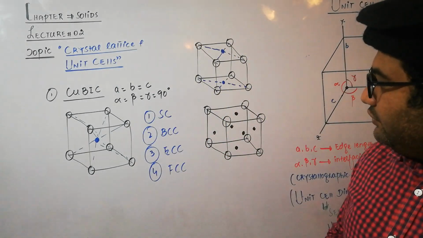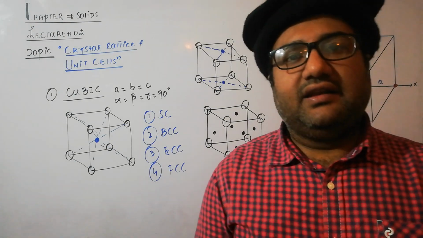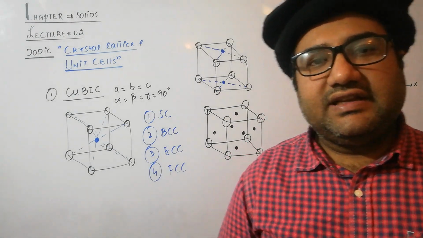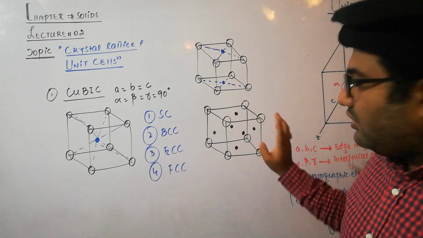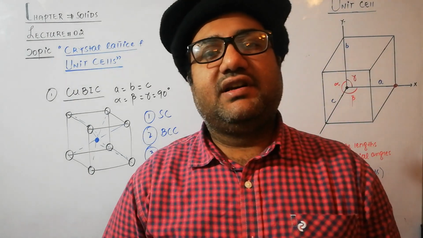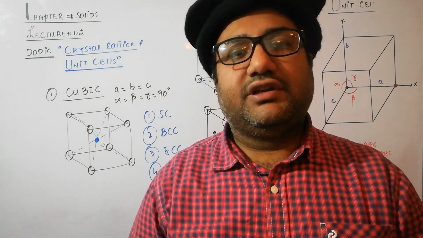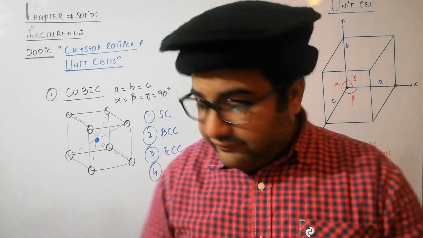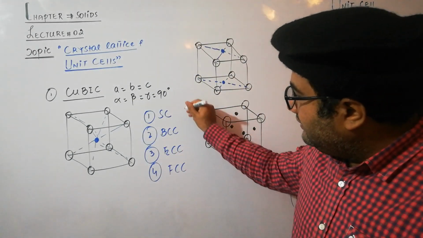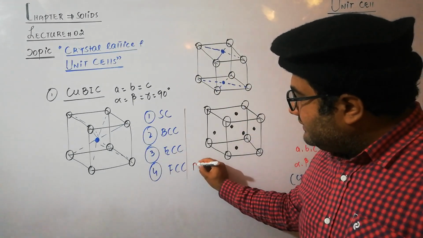And face-centered cube in which at least 14 identical lattice points are seen. 8 are present at the corners and 6 are present at the center of each face of the cube. And these four types of the cube are called